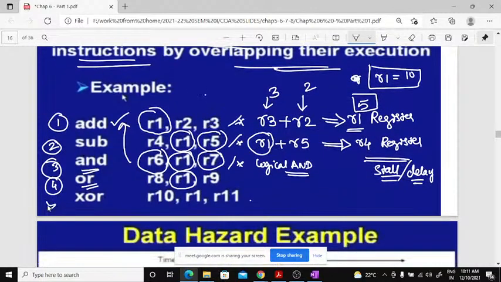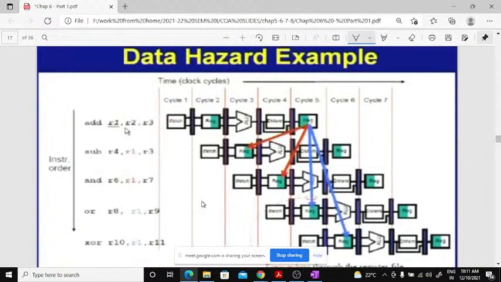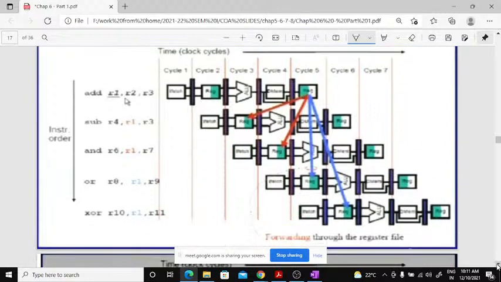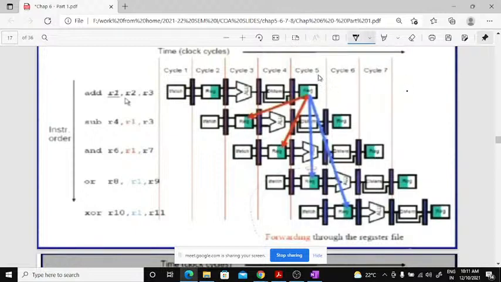So here the fifth instruction, okay, here also it depends upon the R1. So here you can see the same thing whatever we just discussed, okay. Here one more thing I forgot to tell you: you can observe clock cycle 2, clock cycle 5. So this architecture is designed in such a way that